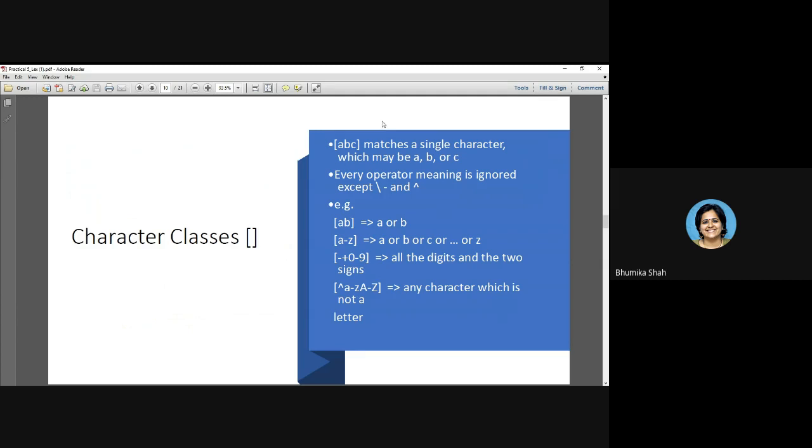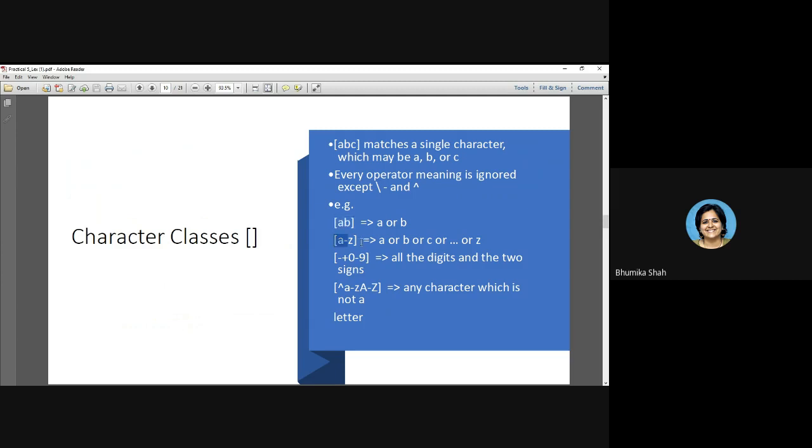Okay. Let us see a few more examples. The square bracket is used for indicating range, and it also indicates a character class. If you write A, B, C without any space in square brackets, what does it mean? It doesn't mean the string ABC. It indicates either A or B or C, a single character at a time, but any one from A or B or C. Suppose you have written A, B in square brackets. What is the meaning? It will satisfy either A or B. Both cannot be satisfied. AB also cannot be satisfied.